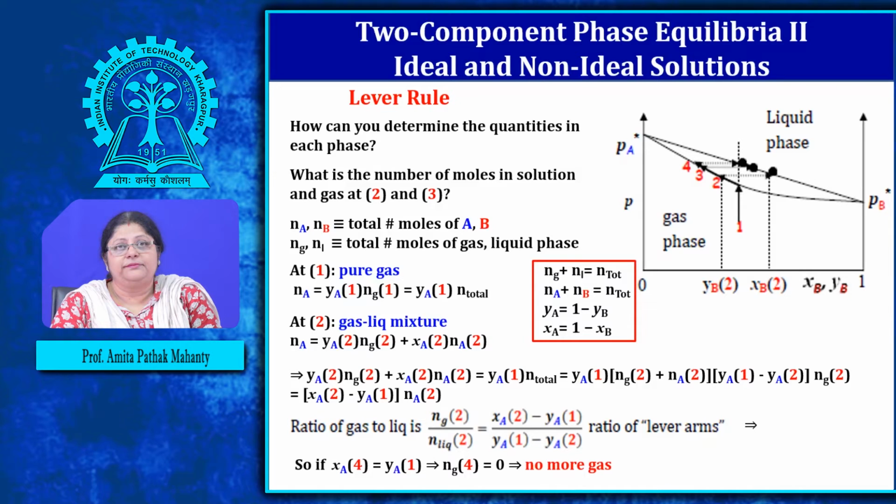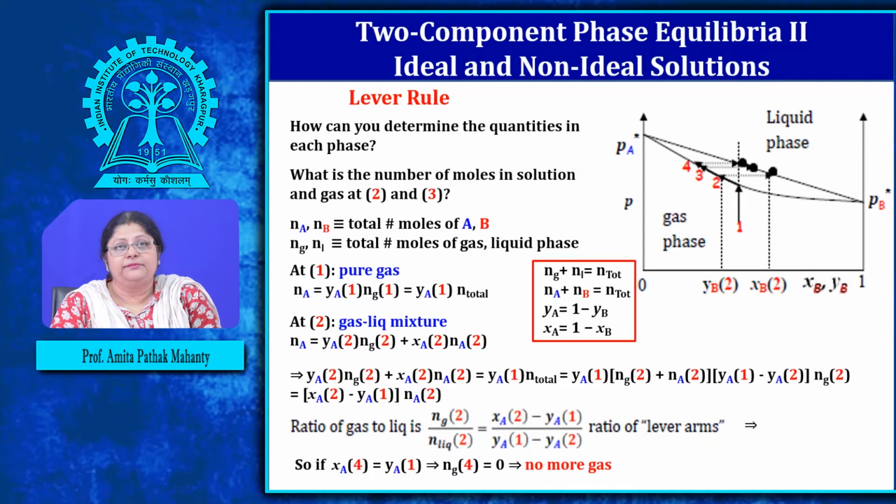Now, to determine the quantities in each phase, you apply the lever rule. The lever rule is an example which I am giving now, but these are the things which you are asked in numericals or asked to do in the lab. So until you do it with me, it is going to be a futile exercise. Please use your pen and paper to do this.